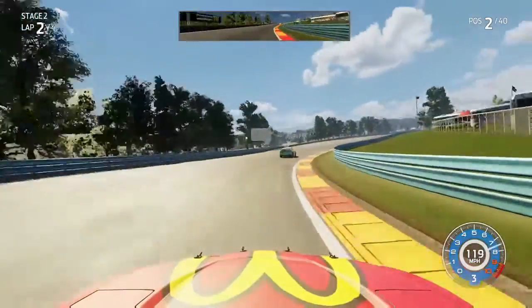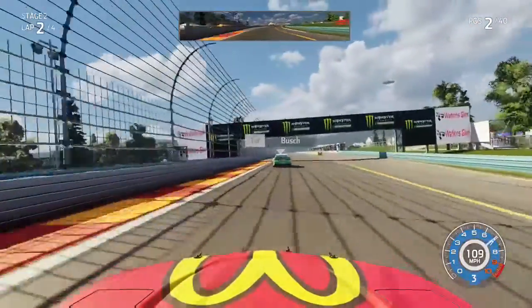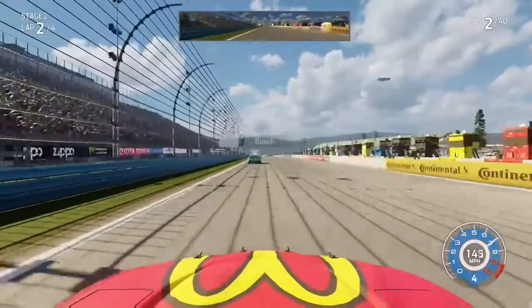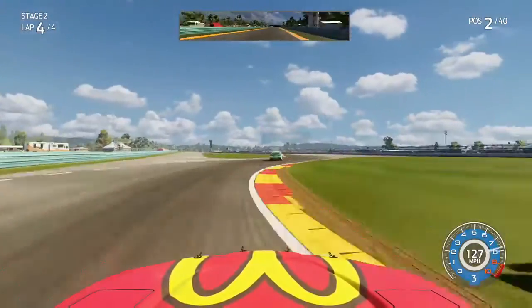This time I'm taking a pretty low exit and I decided to stay in third gear, and it ended up working out pretty well as on the end of this lap we actually closed up on him a bit more as we came to the end of lap 2. We didn't really lose any time to Kyle Busch, but by the time we came to the final lap in the stage, he did stretch out the gap just a little bit, but I was certainly starting to figure something